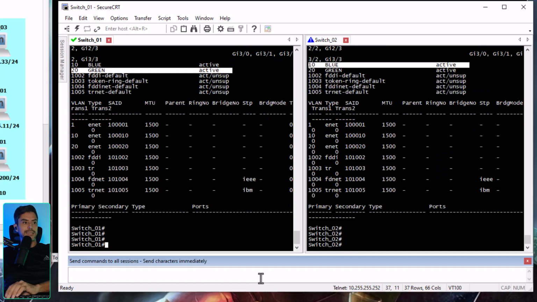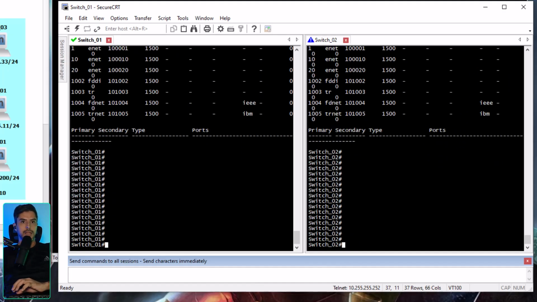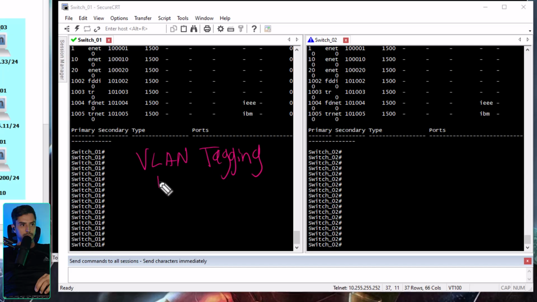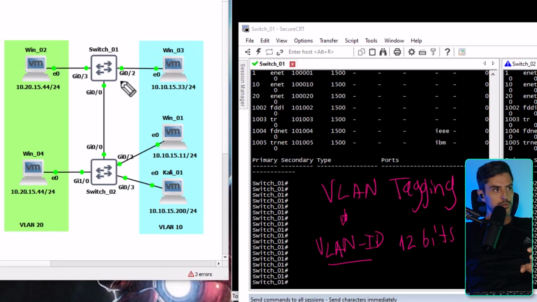So let's discuss a little bit about the VLAN ID. Now we need to understand something called VLAN tagging, okay? VLAN tagging means that we have something called the VLAN ID, and the VLAN ID represents the VLAN, right? This is 12 bits in length. This VLAN ID is going to be inserted in the frame, but only in some specific scenarios. Okay, so by default, we don't use tagging